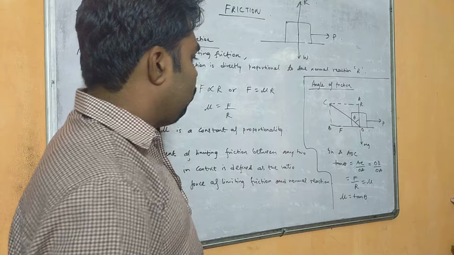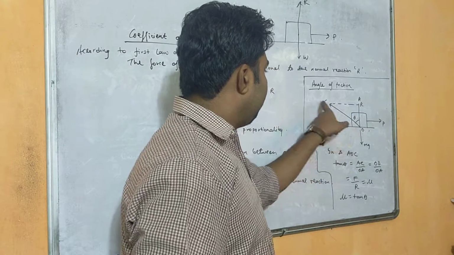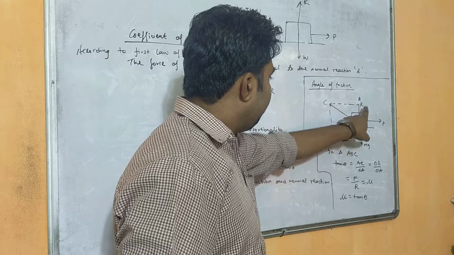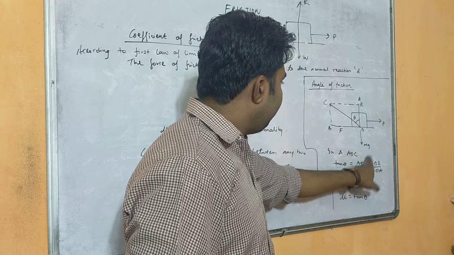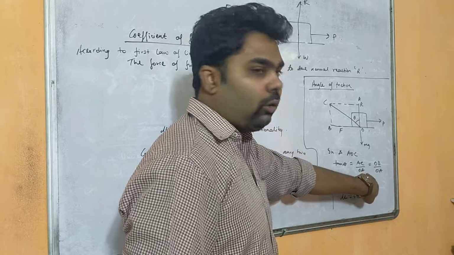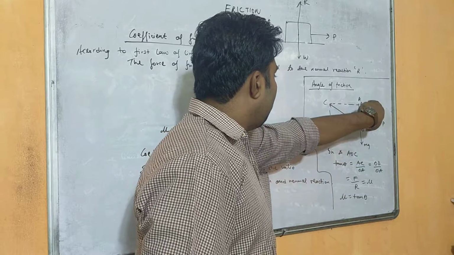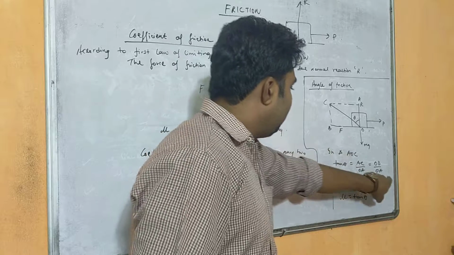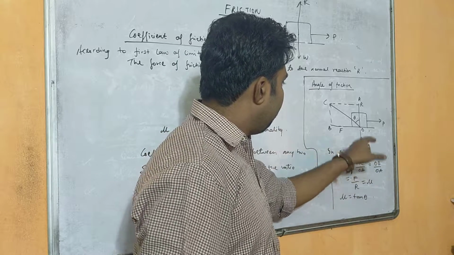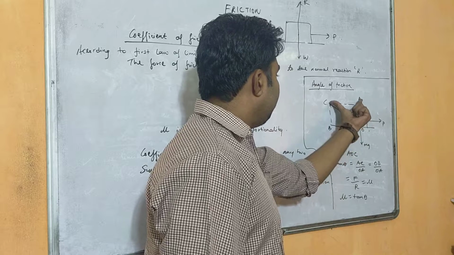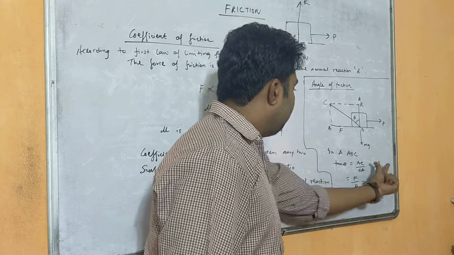So in a triangle AOC, you see tan theta equals P by B. In the P what we have is AC, in the B what we have is OA or AO. Now this AC can be written as BO and this OA can be written as BC. So OA remains as OA only, but AC is being changed into OB.